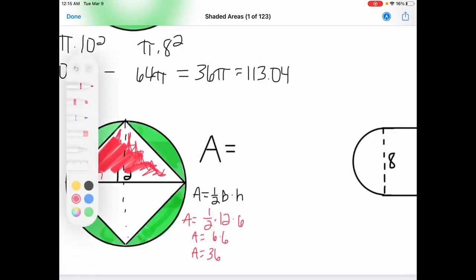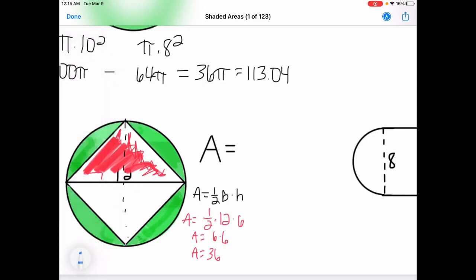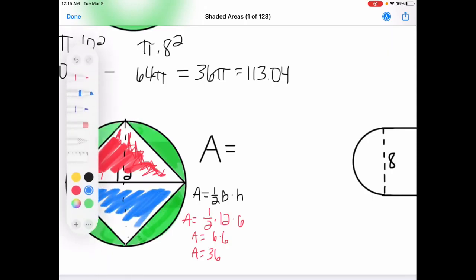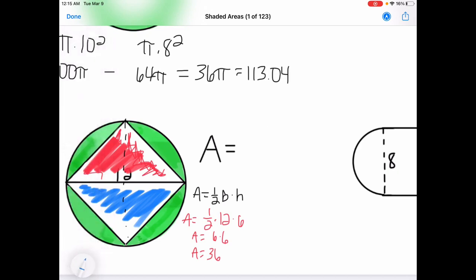And I know that the second triangle has the same dimensions. Therefore, the area of that triangle is also 36 square units. So now I need to find the area of my circle. So again, I have a diameter of 12, but for area, I need to know my radius. So since my diameter is 12, I know that my radius is 6 units. So that would be pi times 6 squared. 6 squared is 36, so 36 times pi